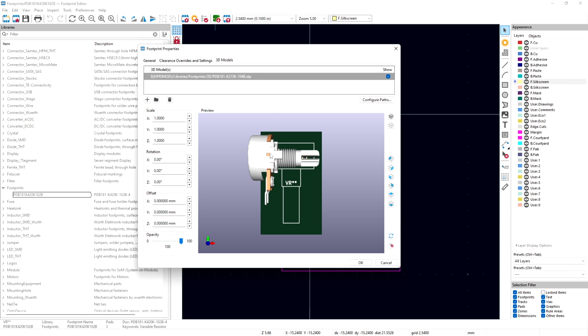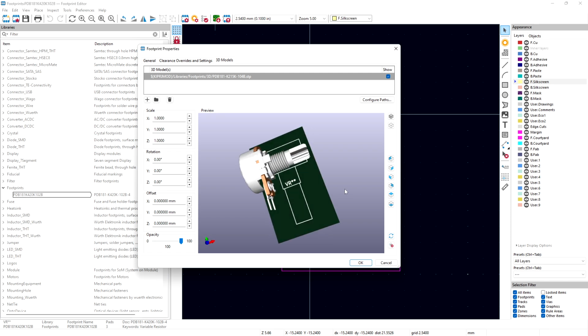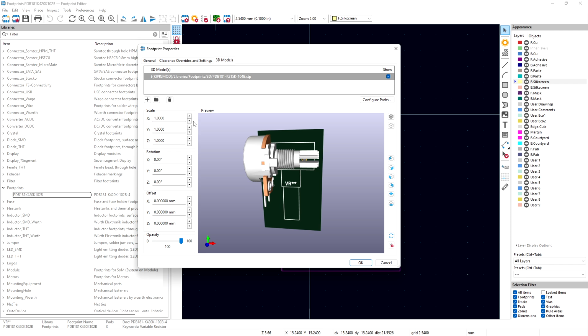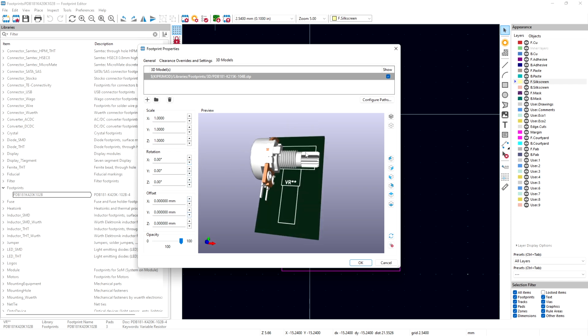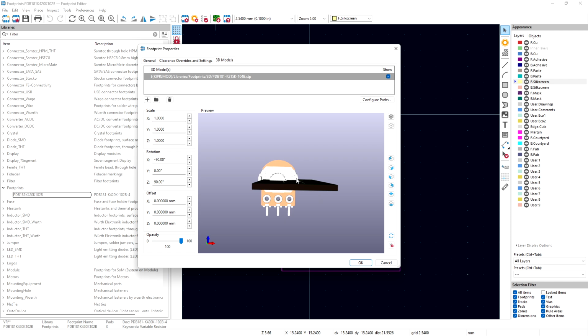Now, it's a bit off here, so we just need to adjust these to rotate it properly and make it fit. You can't see it here, but there's a pinhole there, so let's rotate it. It needs to go like this. Okay, this is what we want. This is right, so we need to get it up,